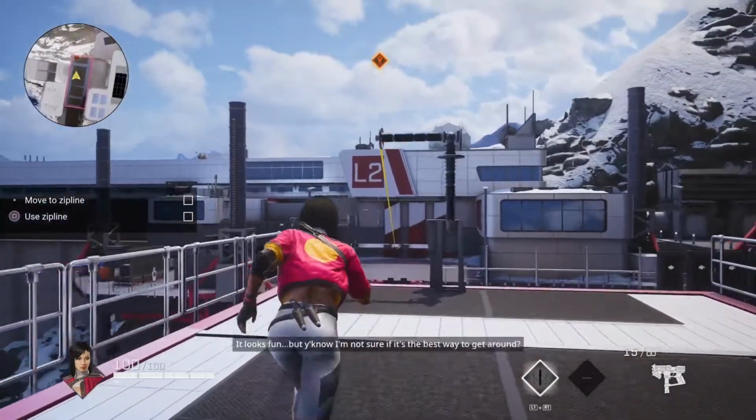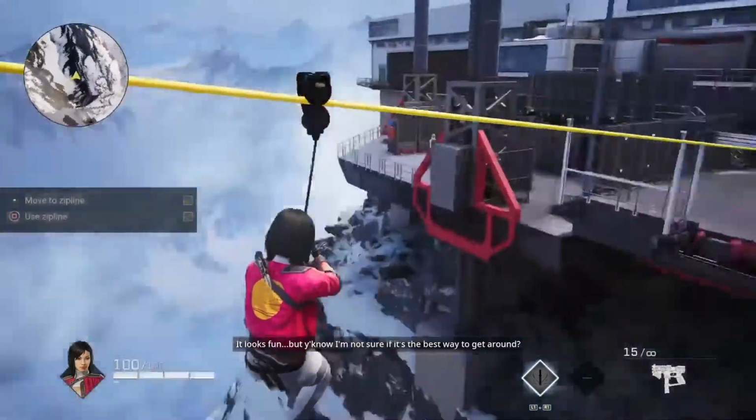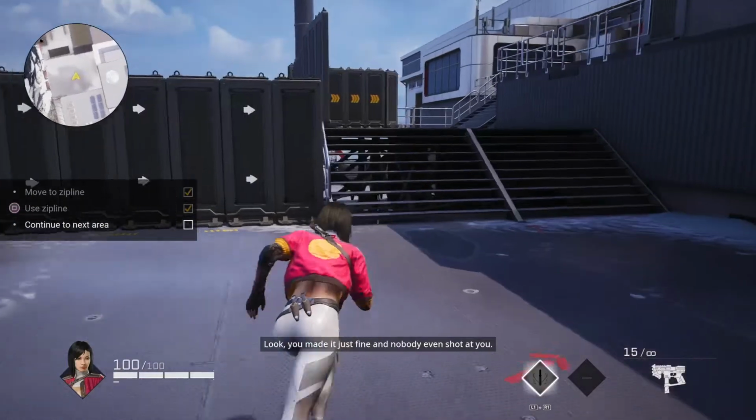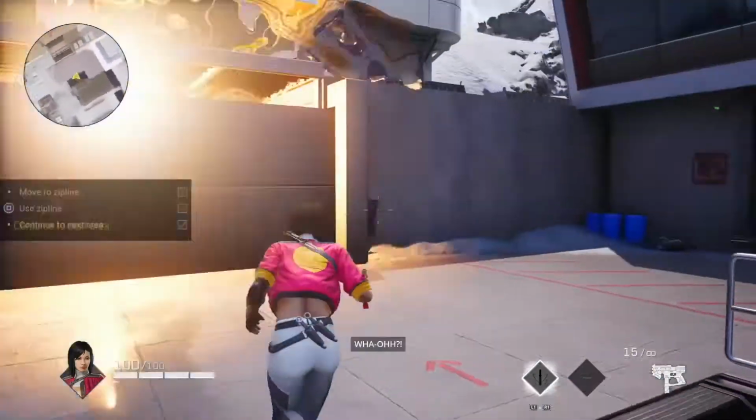And as you can see here, we can use the appliance as well. Hold square. You know, I'm not sure it's the best way to get around. Well, you might get... Look, you made it just fine, and nobody even shot at you. I hope no one is gonna shoot at me and...